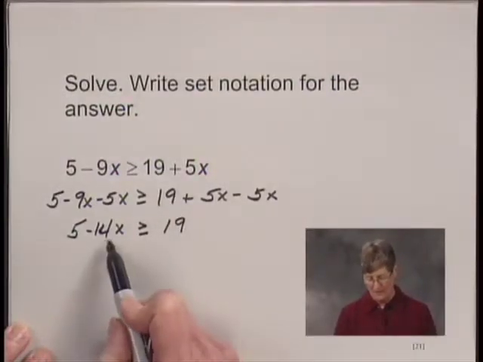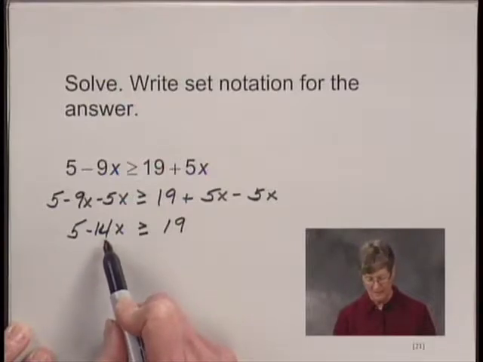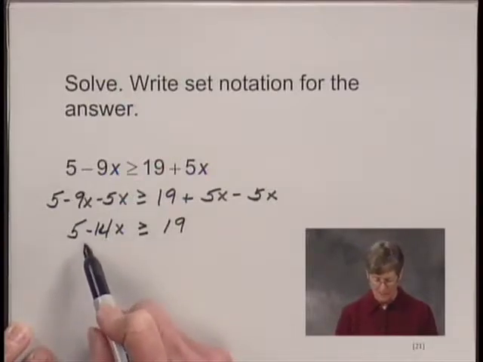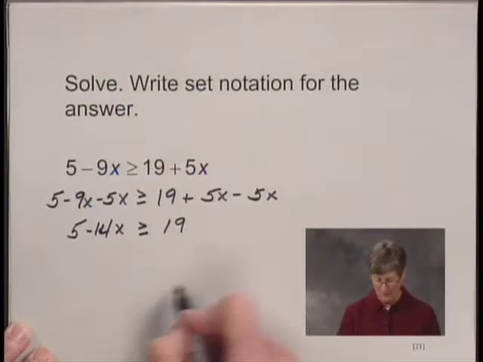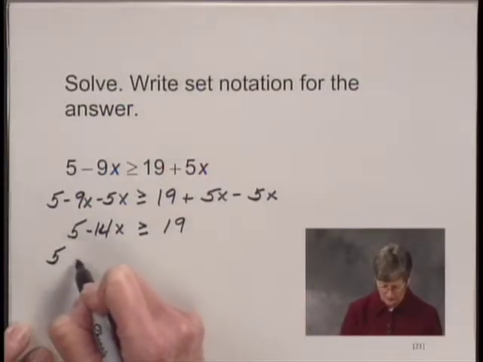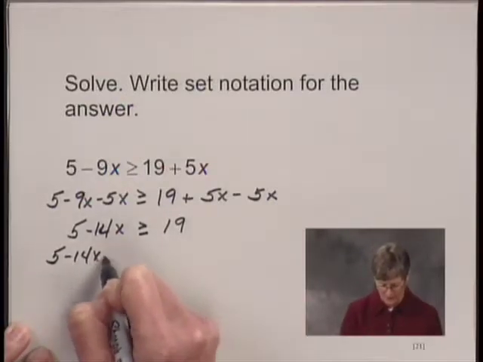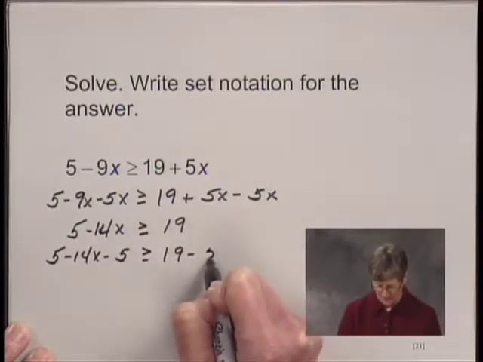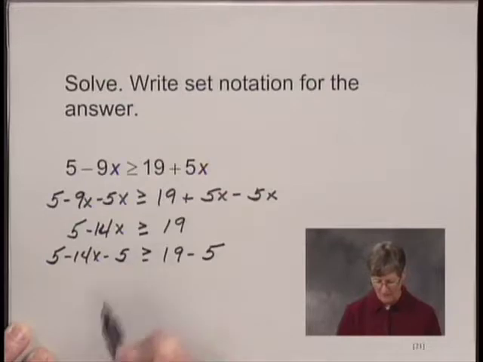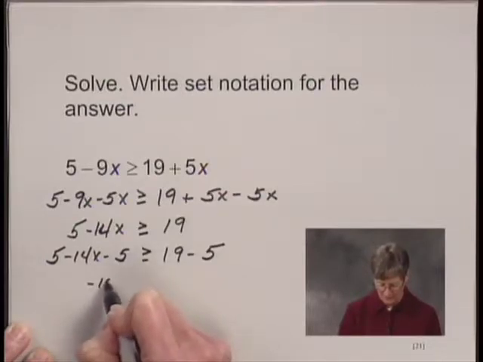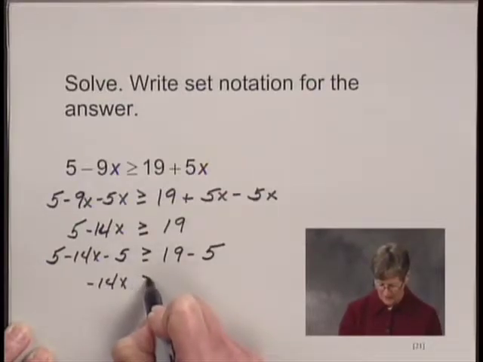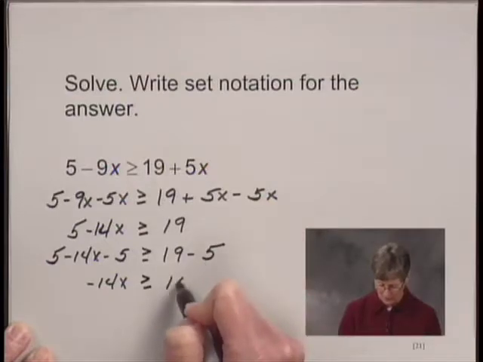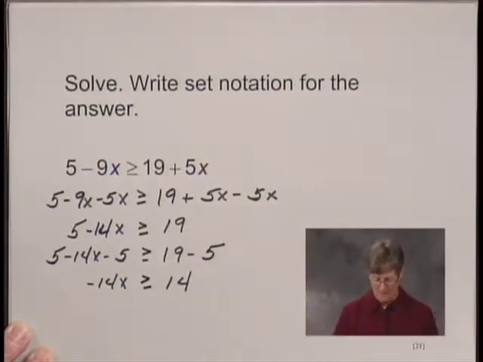Now I want to get the x term alone on the left-hand side, and I can do that by subtracting 5 from both sides of the inequality. So I'll have 5 minus 14x minus 5 is greater than or equal to 19 minus 5. 5 minus 5 is 0, so I have negative 14 times x on the left, and that's greater than or equal to 14. Now to get x alone on the left-hand side, I can divide both sides of the inequality